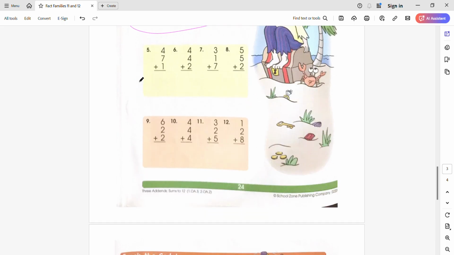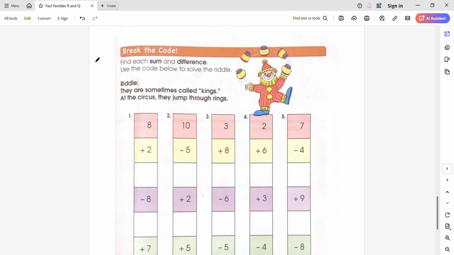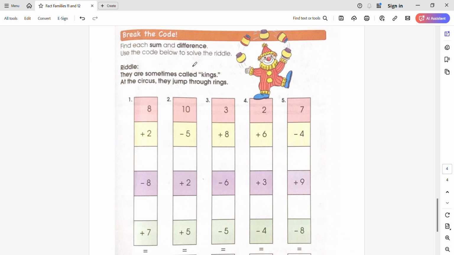4 plus 7. So 4 plus 7 plus 1. 4 plus 7 is already 11, and you add 1 is 12. 4 plus 4 is 8. 8 plus 2 is 10. And then we have right here, 3 plus 7 is 10, and you add just 1, 11. 5 plus 5 also equals to 10, so you just add 2 from there. Very, very simple. And we have to find each sum, a little activity,